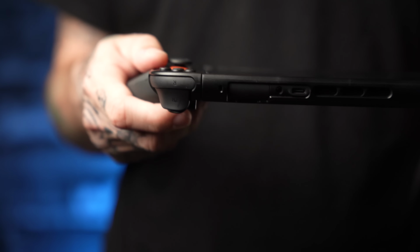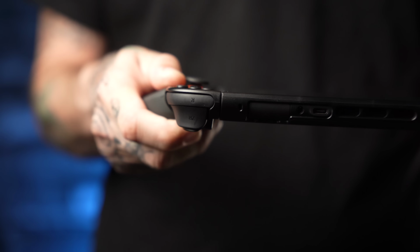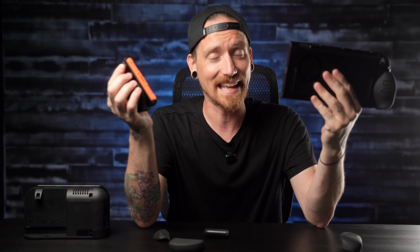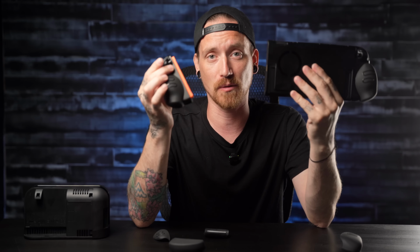The little bit of wiggle that the Joy-Cons have is amplified so much by having these big things on the side and having the Joy-Cons be able to be taken off while everything is still on there. That is the thing. The Neo Grip, obviously you're gonna take it off to get the Joy-Cons off. It's not something that will do this. This is one of the reasons I really wanted to check this one out though,